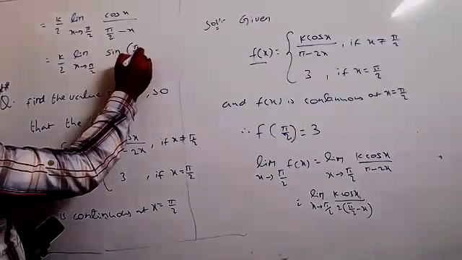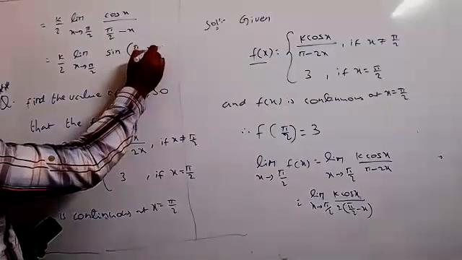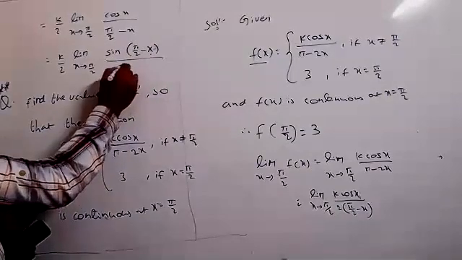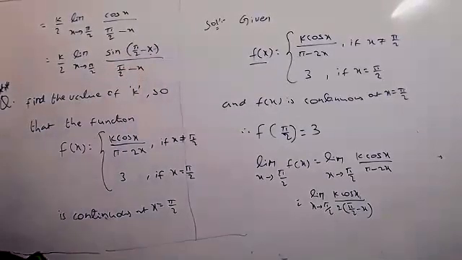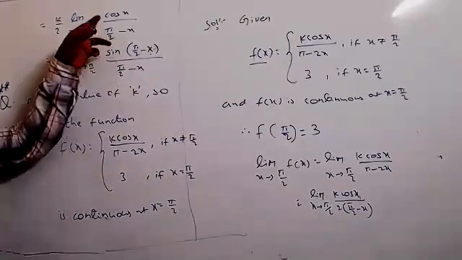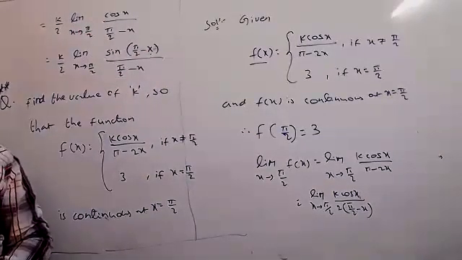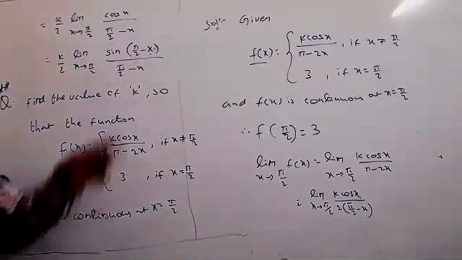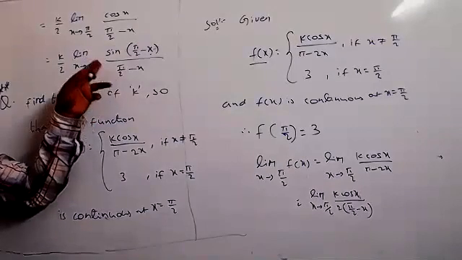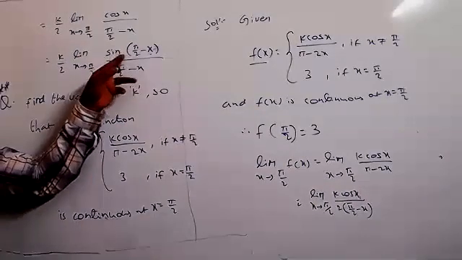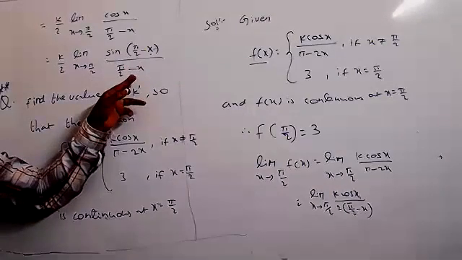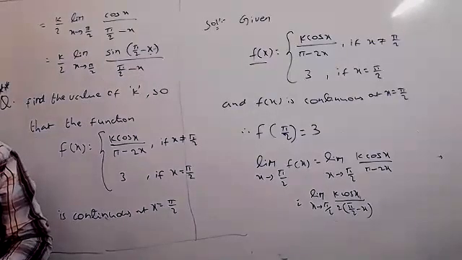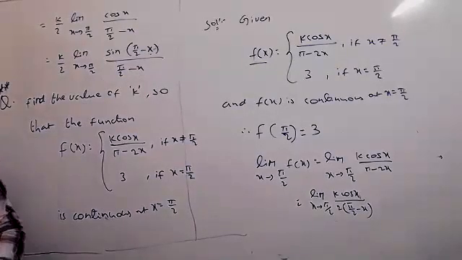Sine of 90 minus theta. Is it true or false? Please tell me. This cos x can be written as sine of 90 minus theta. Yes, sir. Correct? Sine 90 minus theta equals cos x. Now we got the condition. Limit x tends to 0 of sin x by x equals how much? The value of this one equals 1, correct? Yes, sir. So the same thing you can write now.